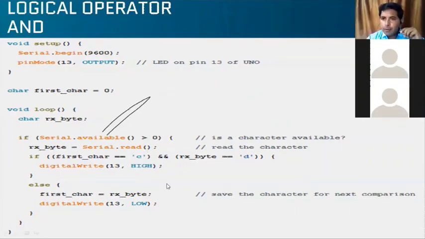And if you put A and B, it won't go high, because I have clearly mentioned that whatever first character you are writing has to equal C and the next has to equal D. If you write C and D together, it will be on. And if you write A and B, it won't turn on. If C and D, it will be on, else it will be off. So I'm using the AND operation here, the only reason being I'm using two characters, C and D.